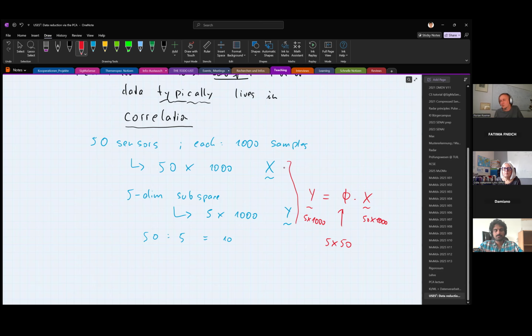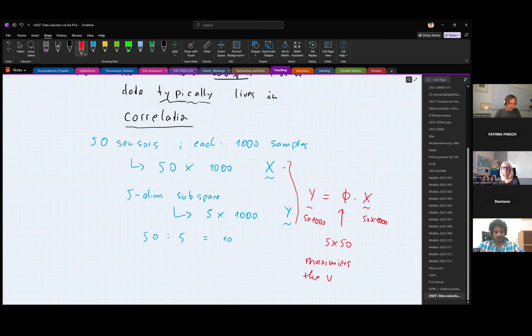If it were not true, it might not be a good one. But it needs to be known. So at the encoder, so at the sensor side, we need to know what the signals look like. In compressed sensing, we can choose the phi not knowing anything about X. In fact, we can use a random matrix. But here it's tailored to X, and it's tailored out of all the possible projections you could use, because there is many out there. It's the one that maximizes